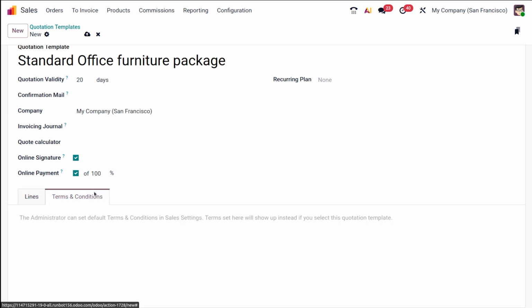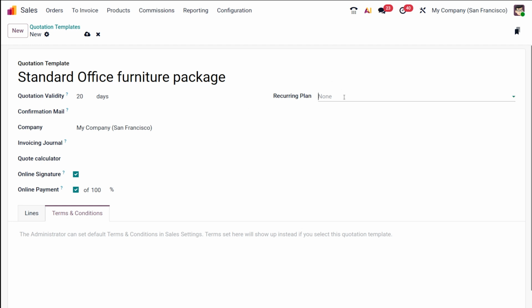So you can also include these predefined terms and conditions, and this ensures consistency across all quotations which are sent by your sales team. Okay, so once everything is done, then you have this recurring plan. If you want to repeat this plan on a monthly basis, or 6 months, or yearly, that recurring plan, I mean, the word itself means